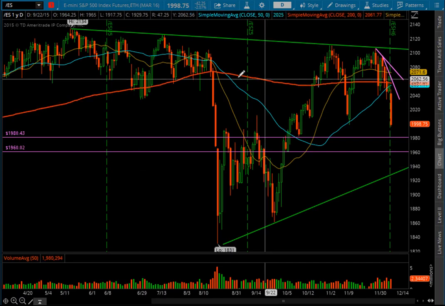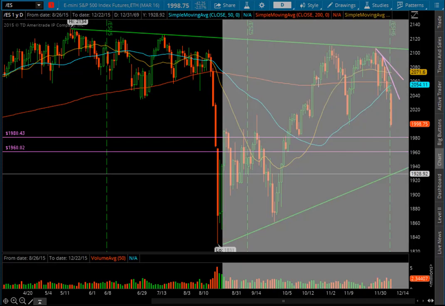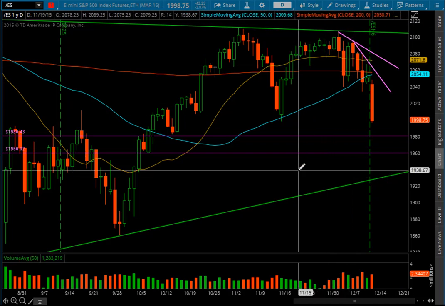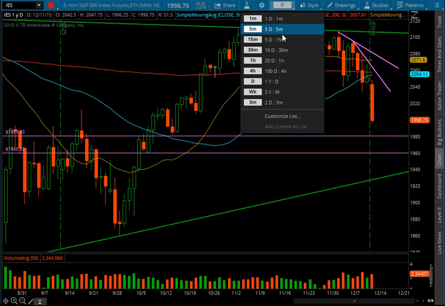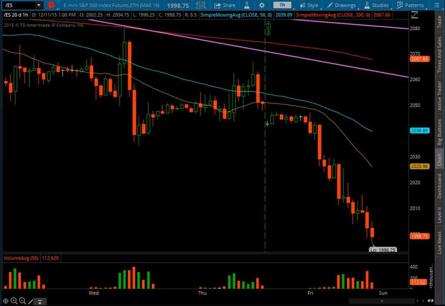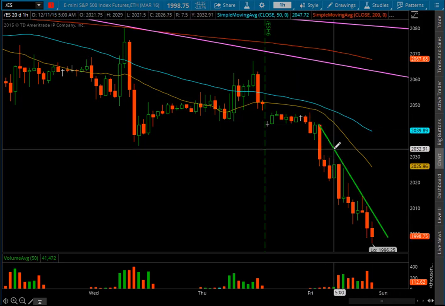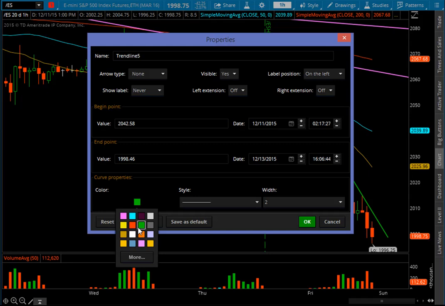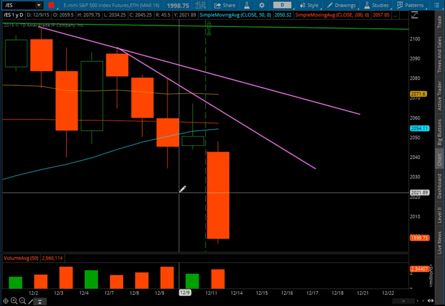Sorry guys, TOS had some kind of a brain fart or something. Anyways, what I was saying, you can go from smaller to bigger time frames and see where these lines are coming from. The pink lines are from your daily, the green lines from your weekly, and then you can even go down into the hourly time frame and draw another trend line. Let's just pick this color. Now going back into daily,